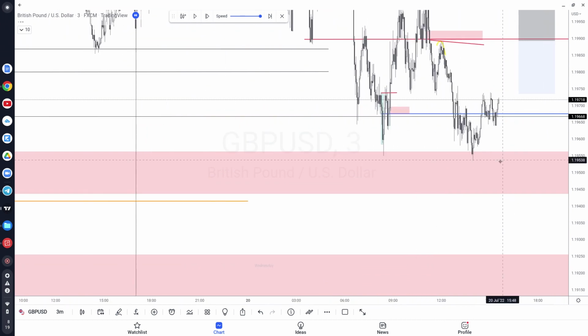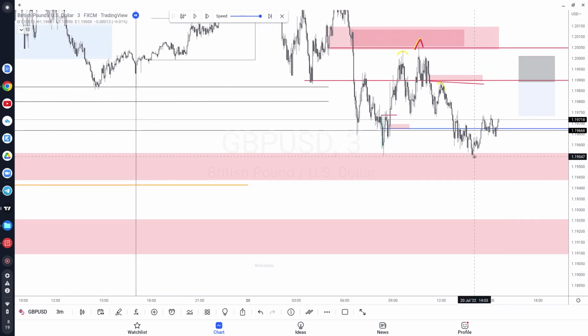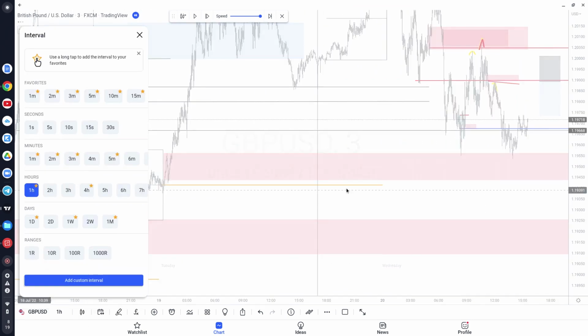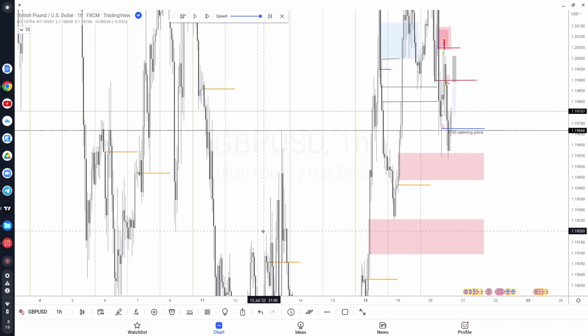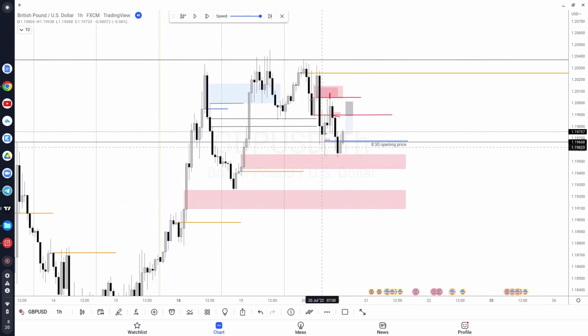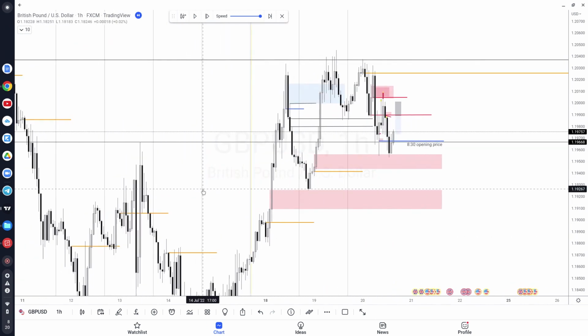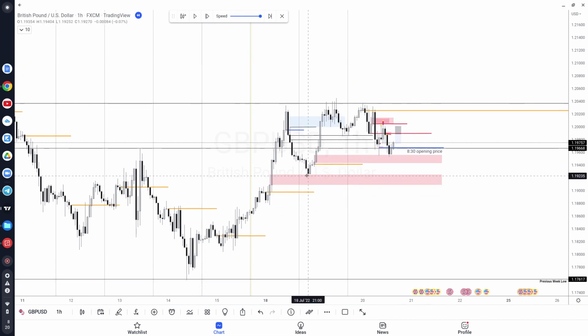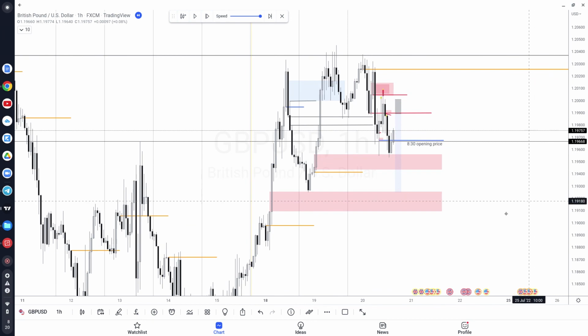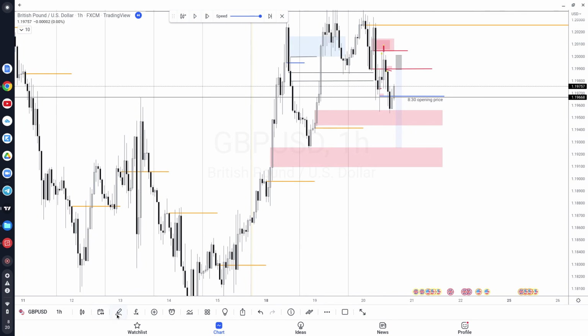And of course, right here, I would consider these relatively equal. But let's see if there's any liquidity targets that stand out. Okay, so what does stand out is this fair value gap here, that price could possibly reach for a sell side liquidity here. So just to look at what this trade would look like, it's not bad. Say 1 to 6. 1 to 6 trading opportunity if time presents, if the scenario is taken.